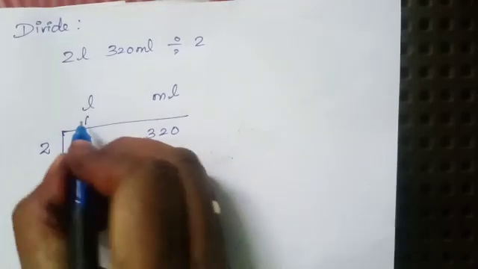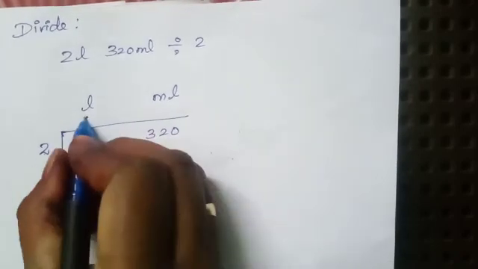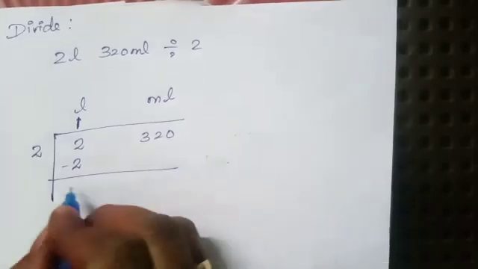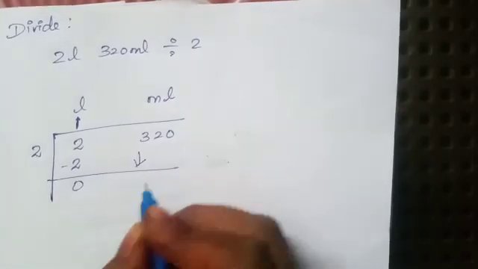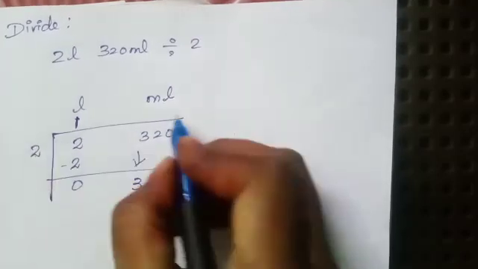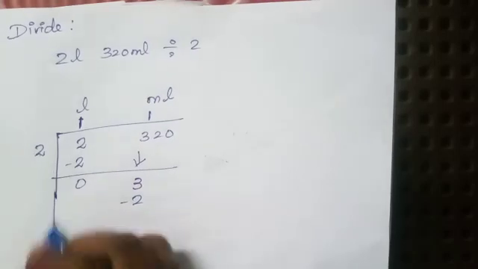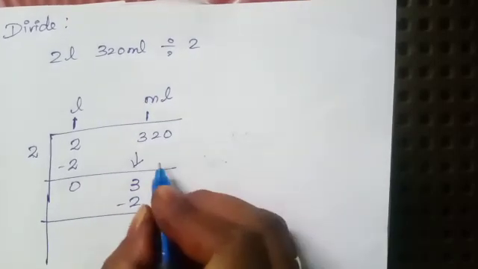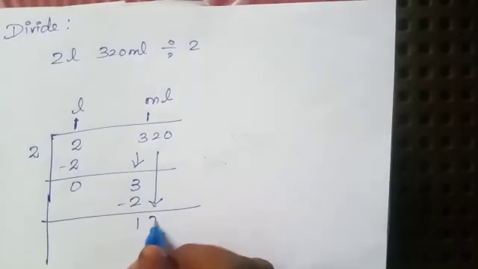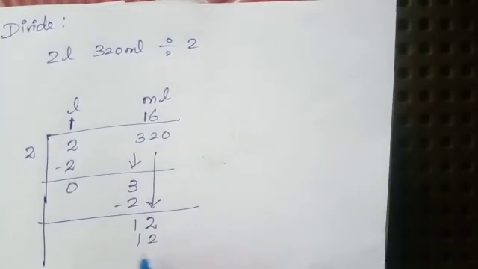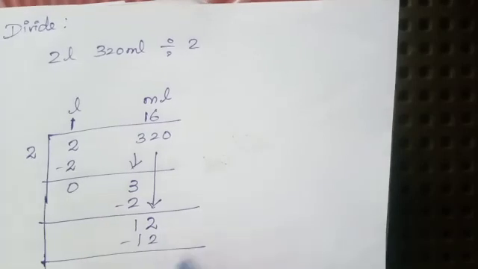In 2 table, 2 1 times. So 2 I am subtracting, will get 0. Next I am taking the 3. In 3 we have only 1 2. So 1 multiplied by 2 is 2. Subtracting will get 1. Next I am taking down the 2. 12. 12 will come in 2 table 6 times. So 6 in the quotient area I am writing. So 6 2s are 12. If you are subtracting 0, take down the next 0.